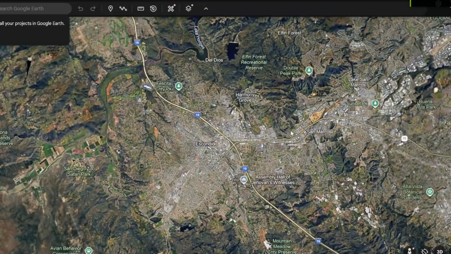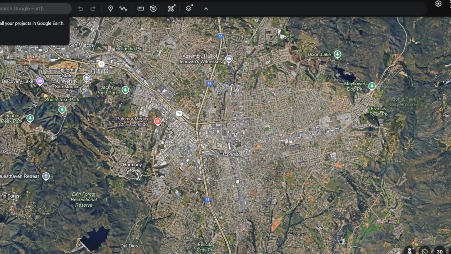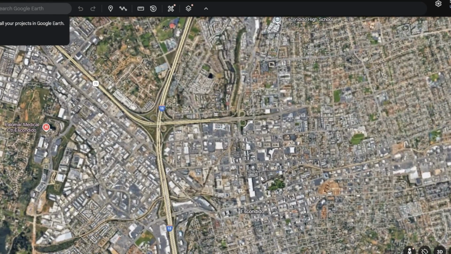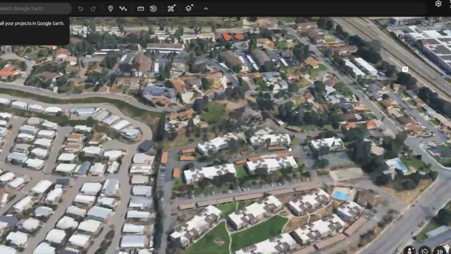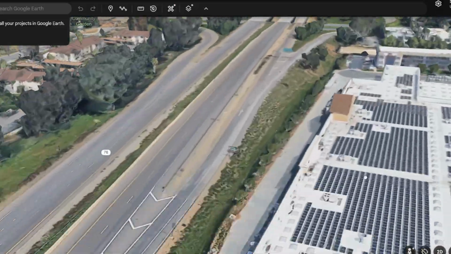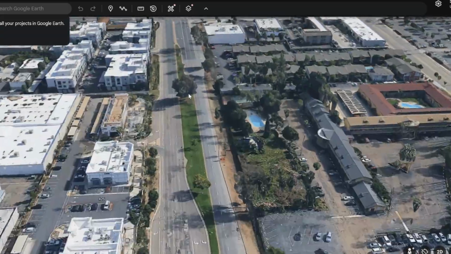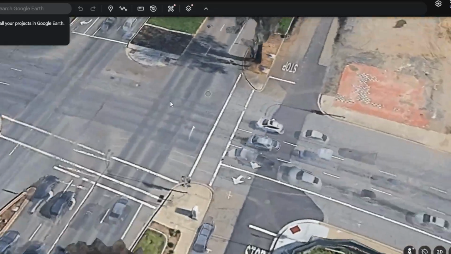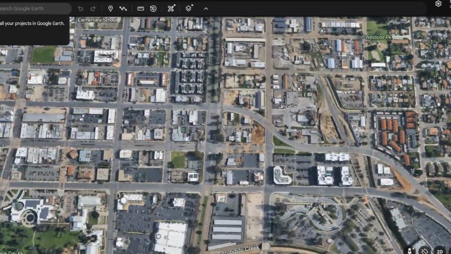Alright, here we are in Google Earth, but I want to go here to Escondido to show you an example of an arterial interacting with collectors, and then kind of that filter system going on. So we have Center City Parkway, which is this road. The highway traffic is going to filter out, and then it will come down here. It will briefly stop, and then it will go, and it will go, and it will go. And let's say it's going to turn left onto 2nd Avenue, which is a one-way street, and a collector,